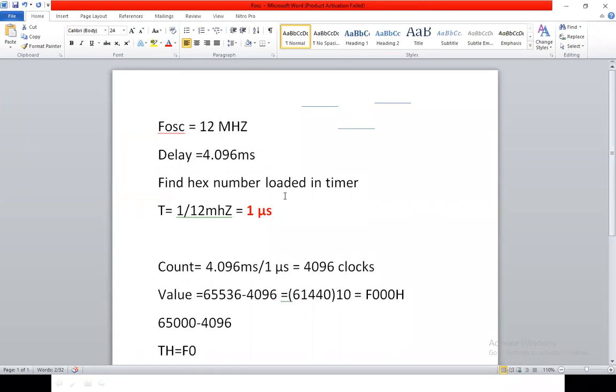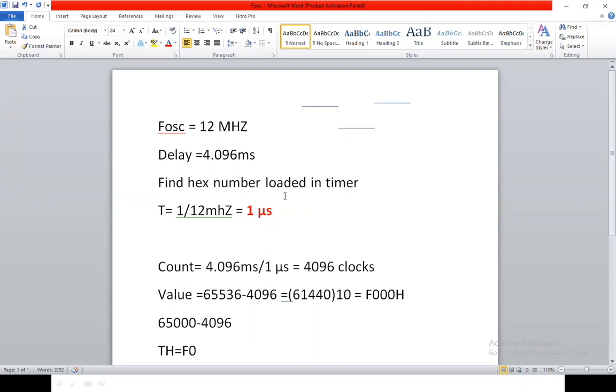Then the count is calculated from the delay divided by the time period, and you will get the clocks. You subtract these clocks from 65,536, and then you will get the value in decimal.